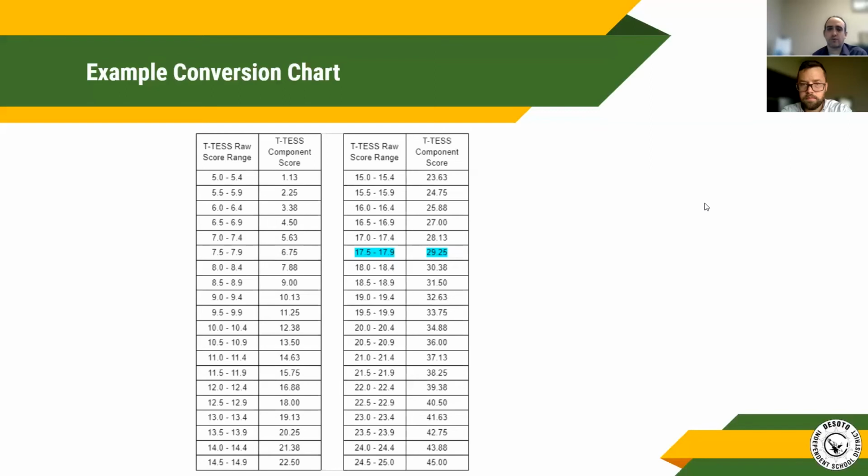So just a quick example of what a conversion chart looks like. We've got all of our ranges for our T-TESS scores, and you figure out which range you fall into, and then it tells you what your T-TESS component score would be. So this teacher at a 17.6 falls on this range of 17.5 to 17.9, and that's where that 29.5 points